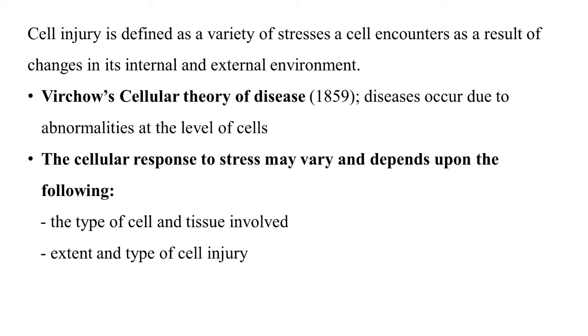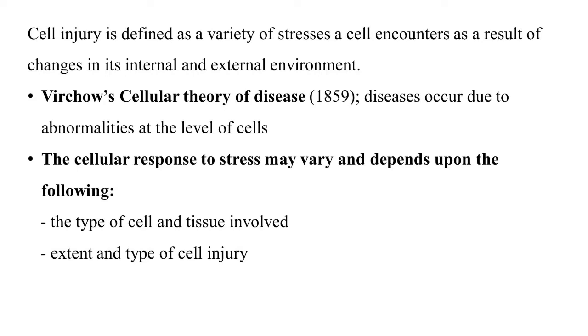So let's say we have skeletal cells and skeletal tissues. Okay, we have muscular cells and muscular tissues. All these things are different types of tissues, meaning that they are coming from different sorts of areas. So if any of them are stressed, it depends on the type of cell and the tissue that is involved. That is what we will be able to know if that specific cell will be able to respond positively or negatively to the stress that is coming to it.